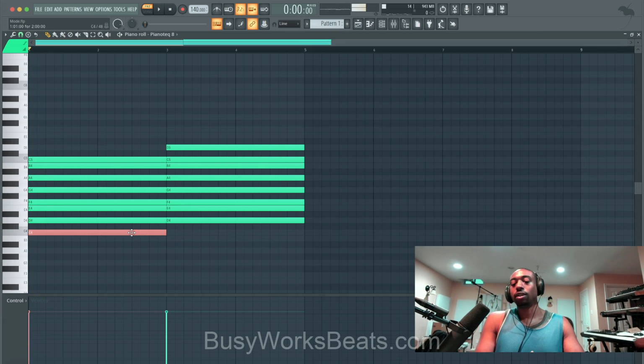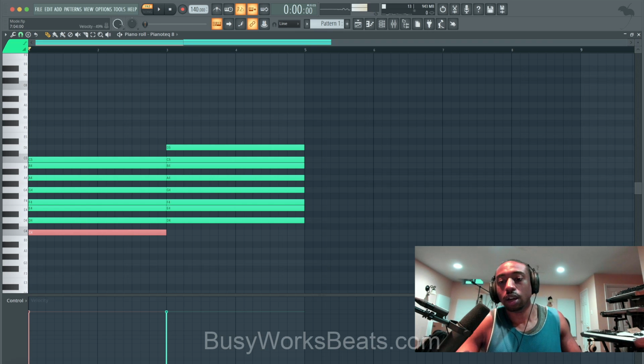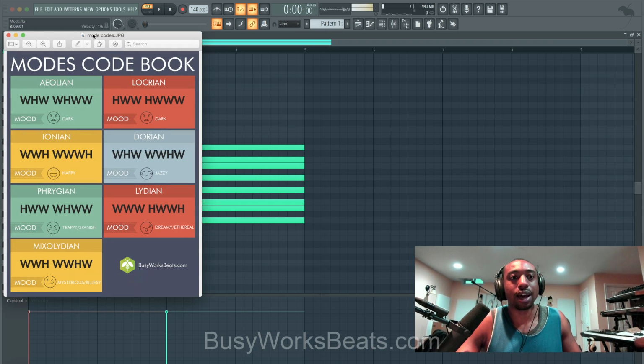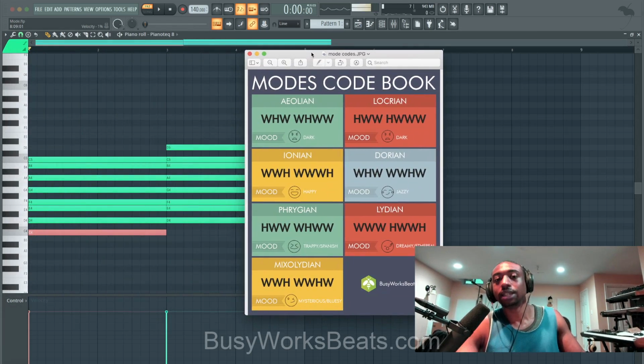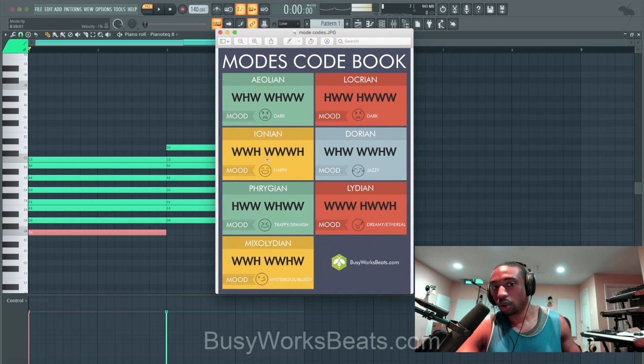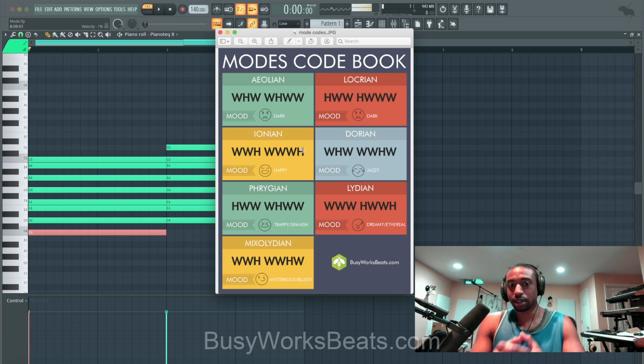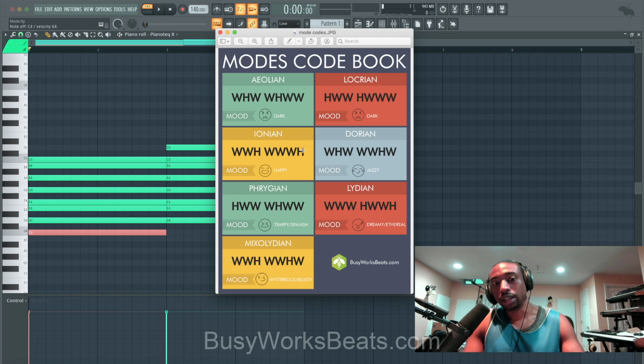So C, this is called the Ionian, and let's pull up that list again. So the Ionian, sounds funny. Ionian mode, okay, is whole, whole, half, whole, whole, whole, half, which is the major scale. Okay, they're the same thing. Major scale and Ionian mode are the same exact thing, just a different name. Okay, so Ionian is where we start if we're talking about C.